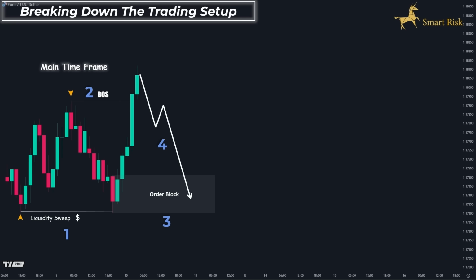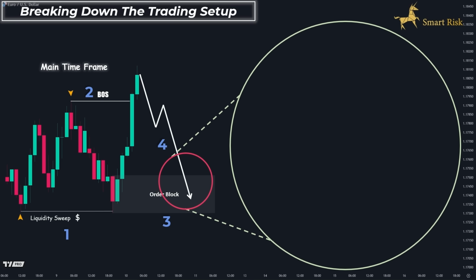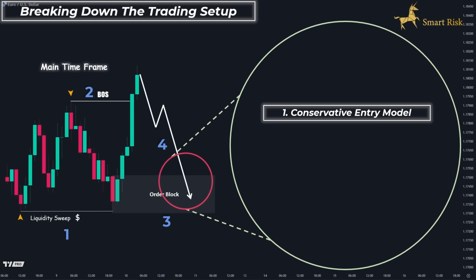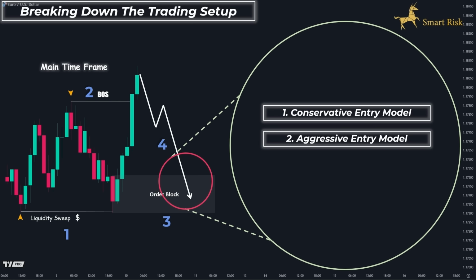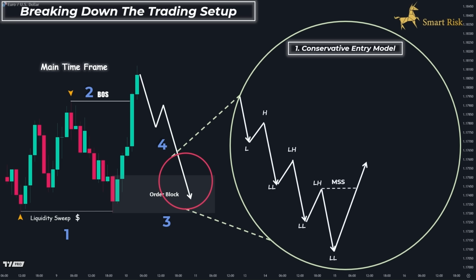Now, when price comes back into your order block, you have two entry approaches depending on your style. Conservative and aggressive entry. Let's start with the conservative entry method. Once price returns to the higher time frame order block, we zoom into a lower time frame, like the 5-minute or even the 1-minute chart, and look for signs of reversal. This could be a market structure shift or a clear change of character, which gives us our first layer of